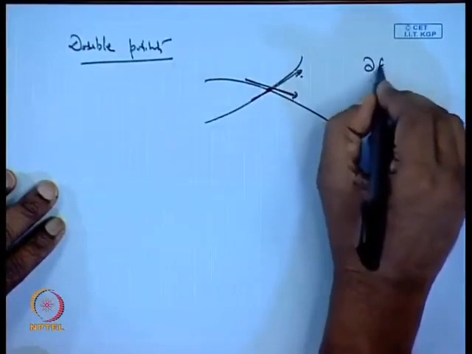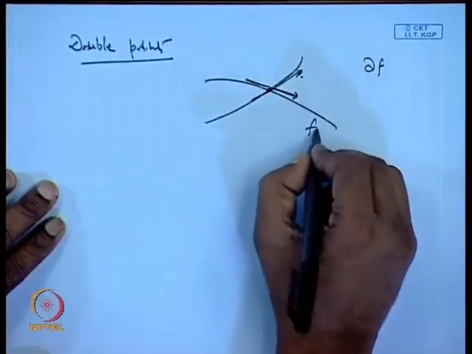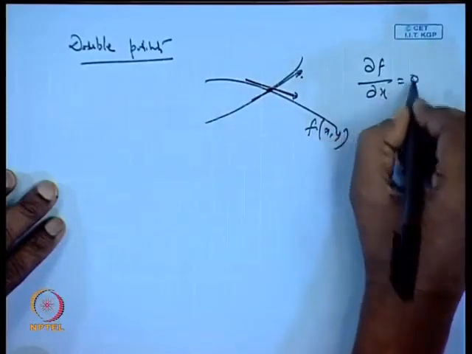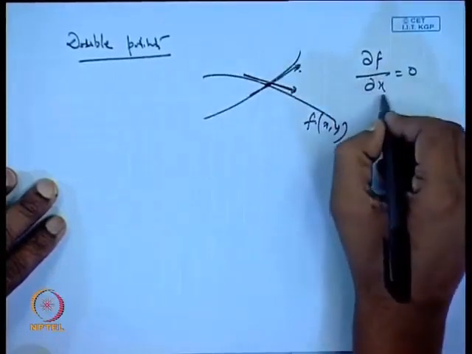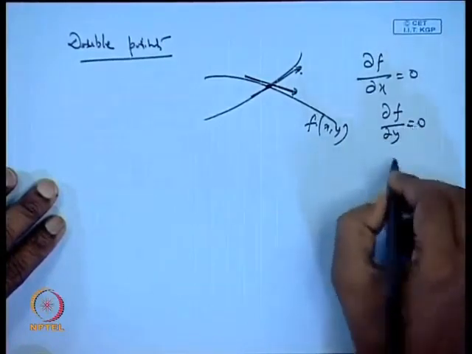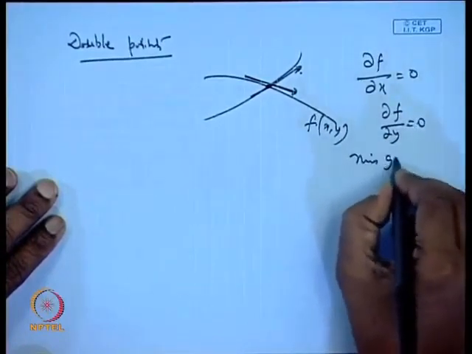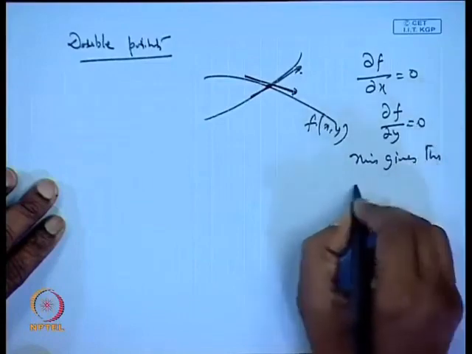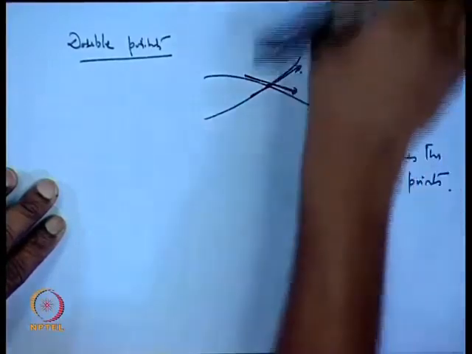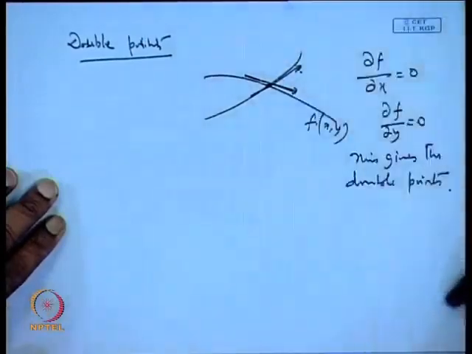So, if this curve is defined by f(x, y), dou f by dou x equal to 0 and dou f by dou y equal to 0 gives the double points. Okay. So, if we do the same operation